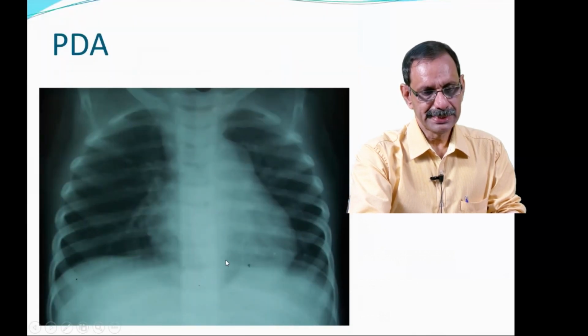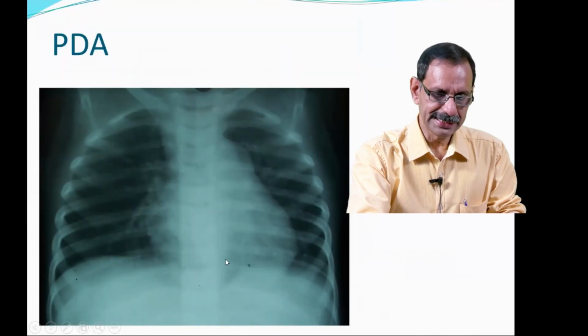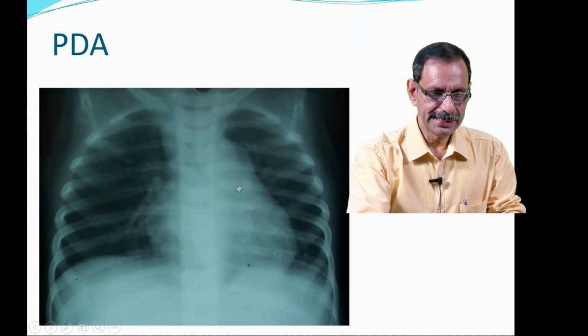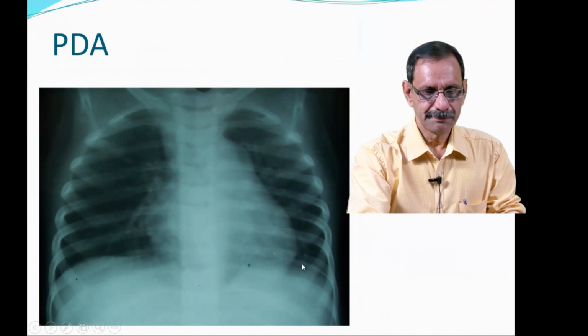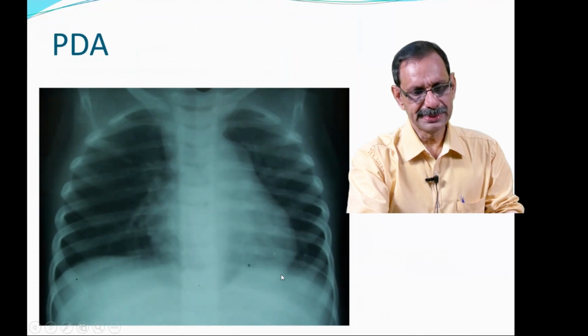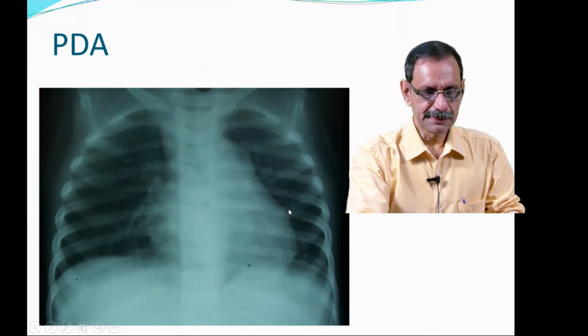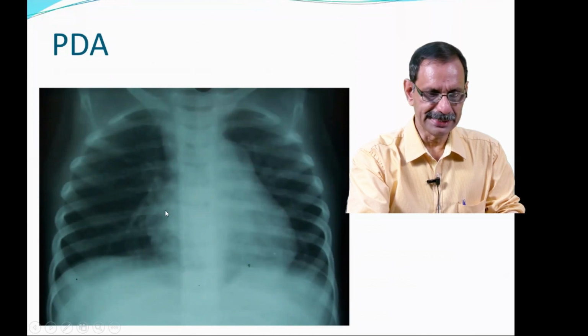Again, suppose somebody tells us that this is a left to right shunt condition, and where will you place it? Then we can see that the aorta area is quite prominent, and the heart is actually more rightish. So it is a small infant, so maybe the newborn right ventricular predominance has not regressed enough, and there is a shadow here, so possibly the left atrium is here.